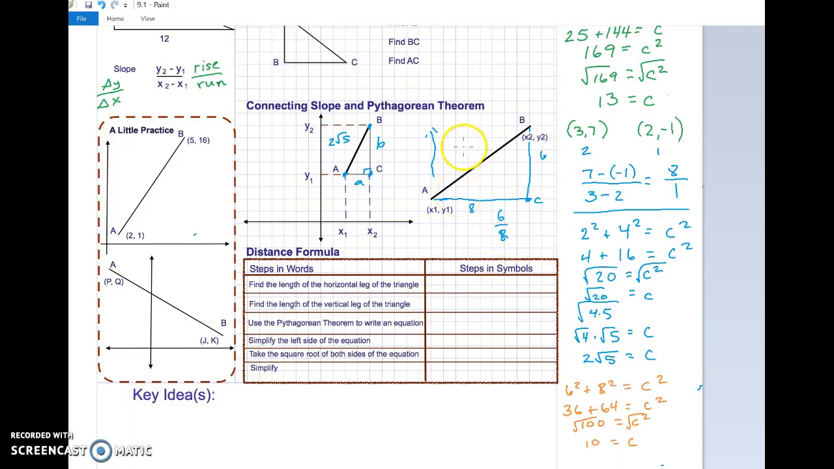So did you figure out that the length of side AB is 10? If you didn't, take a look at my work down here and see if you can figure out what you did wrong. All right, now let's talk quickly about